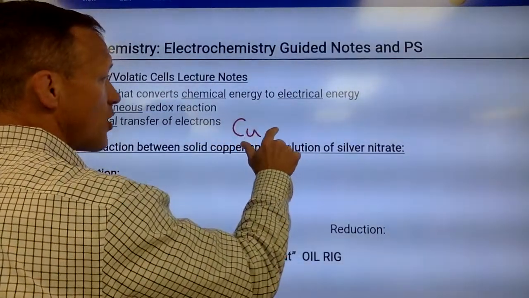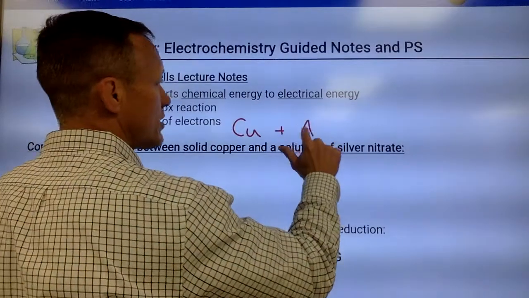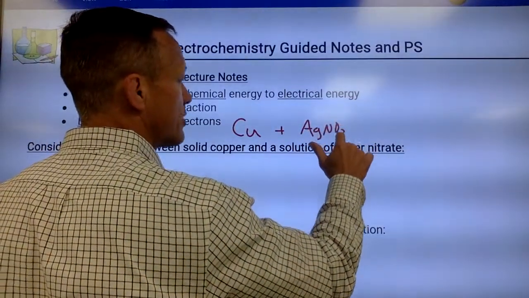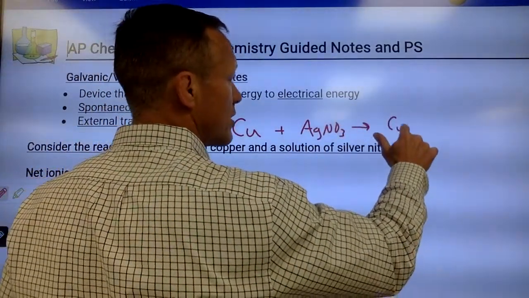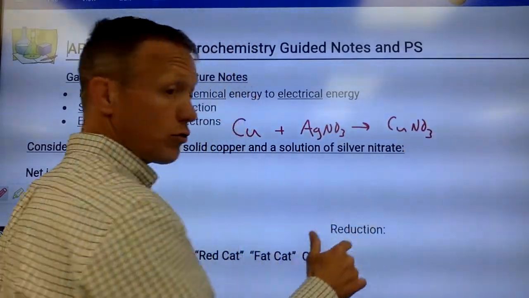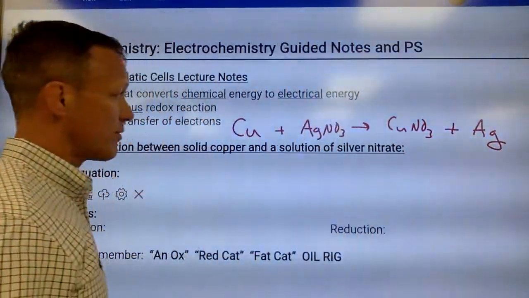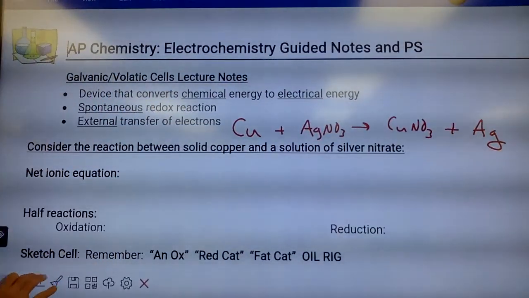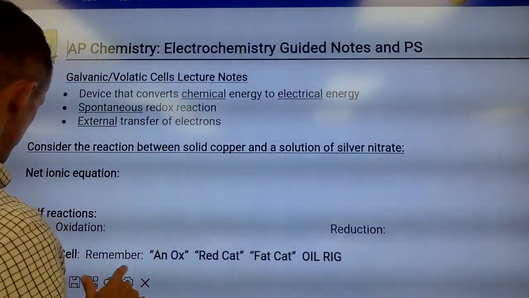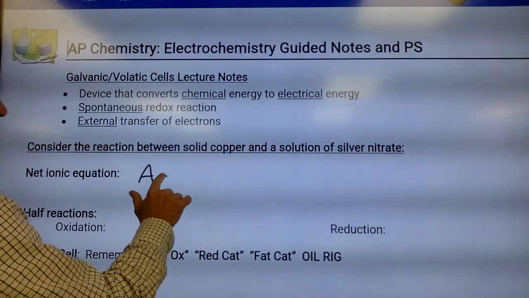So copper as a solid plus some silver nitrate solution that's aqueous is going to make some copper nitrate solution that's aqueous plus some solid silver. So let's write the net equation for that. Our net would be,